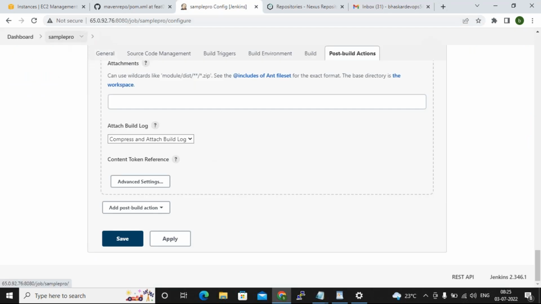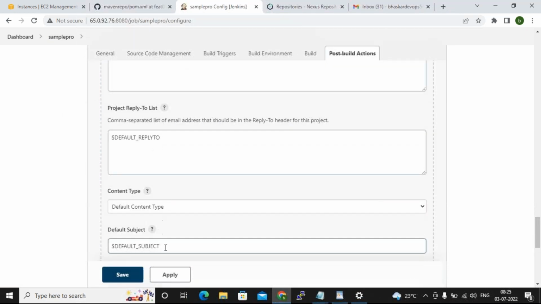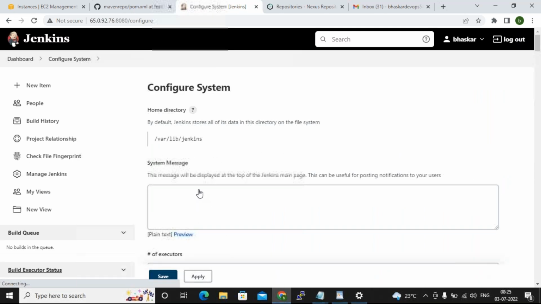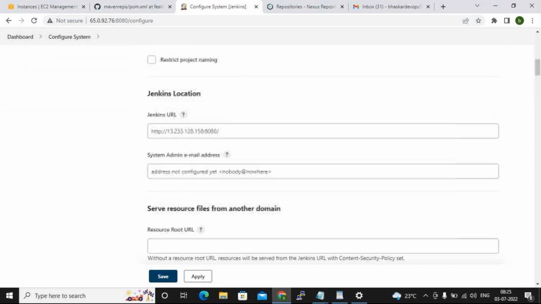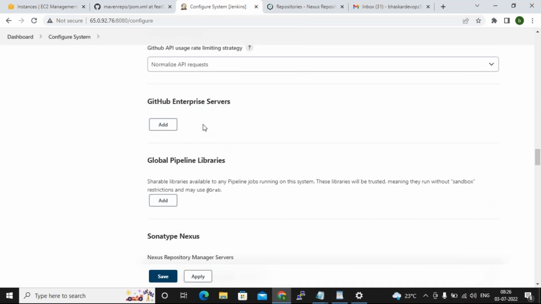Okay, we can't do this now. That's fine. So, guys, see, actually the subject and all I haven't configured, if at all. See, dollar default subject. Dollar means it's a variable. The default subject is a variable. Where is this default subject? Let me show you. If you go to the mail configuration, there you can see the dollar subject line, I mean, just default subject.